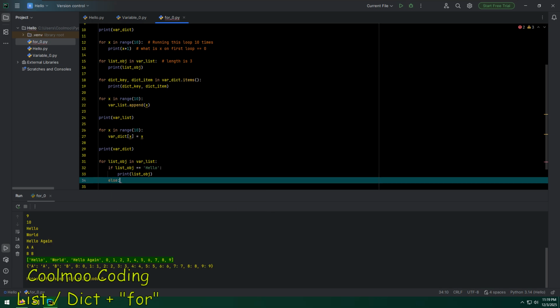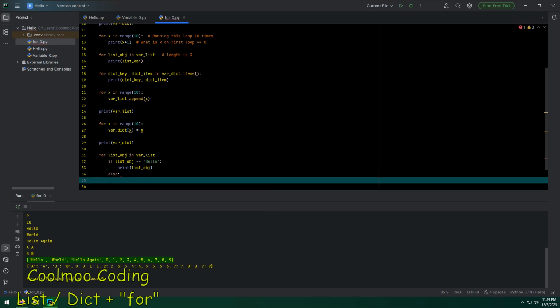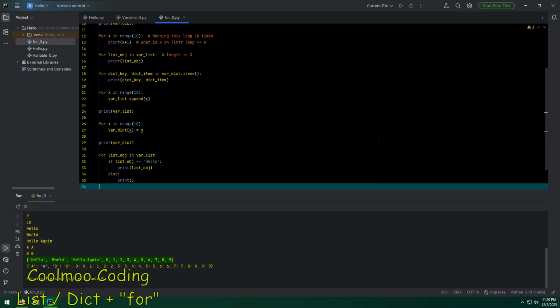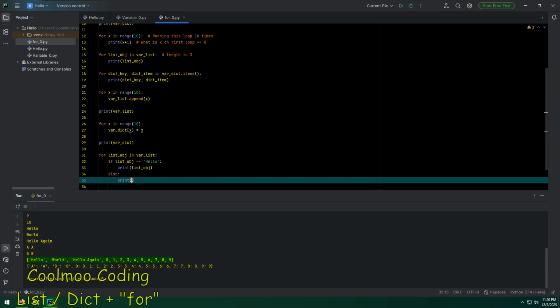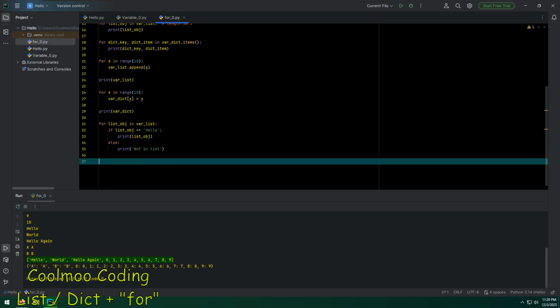You don't need to make an else, but it's always good to have it to catch any information or print out information to help find errors. There's another way of doing it called try and except, which I'll get into in another video, but I just want to have a way of catching it and do something, not in list. And then I'm going to do the same thing for each key in